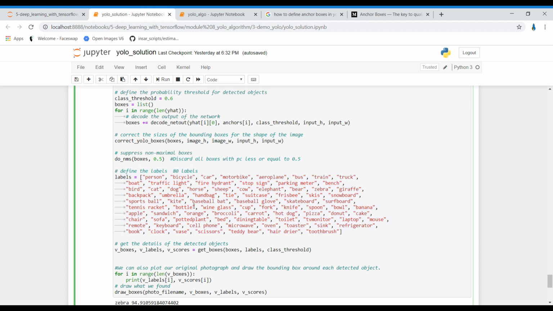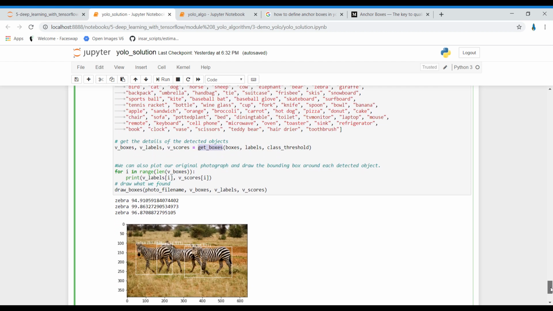So now v_boxes, v_labels and v_scores are the three variables, and I'm using the get boxes function. If you remember, the get boxes function is responsible for giving us the list of boxes which are above the threshold value, and we are storing the boxes, their corresponding labels and their scores which are above the threshold value. Now the time is to show the output.